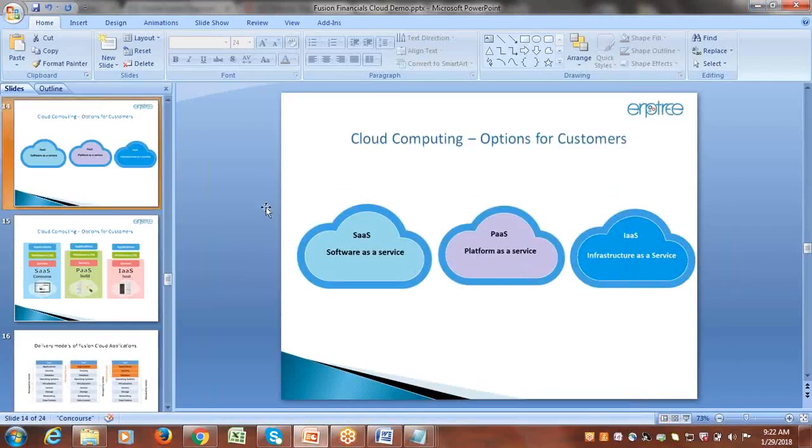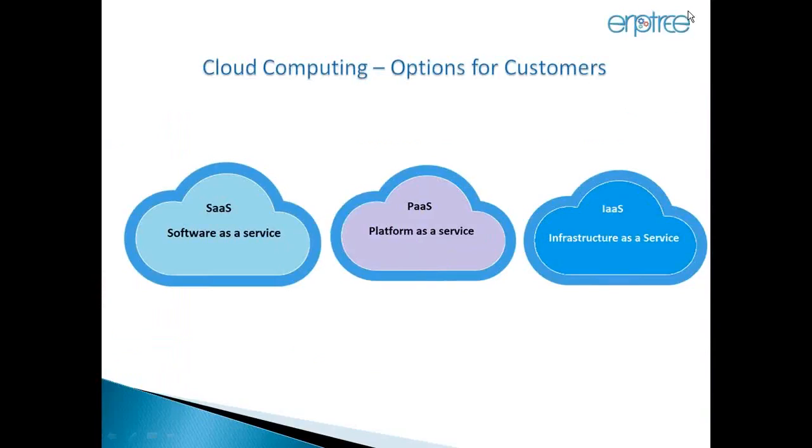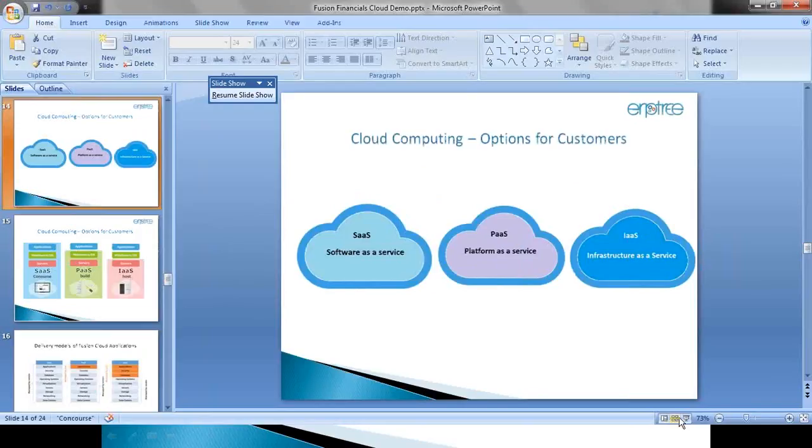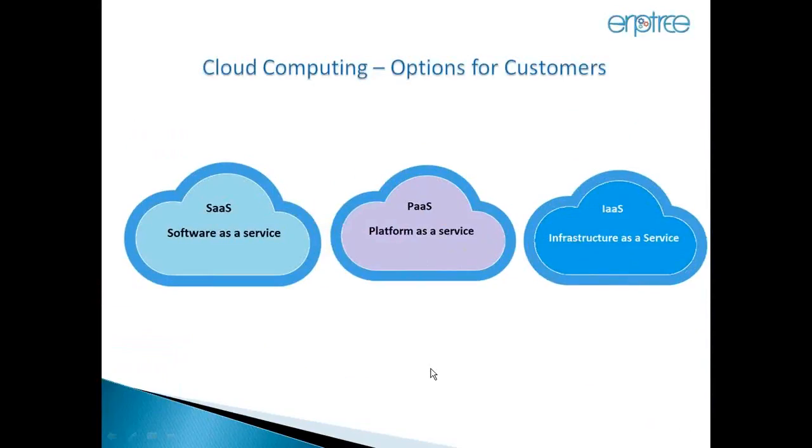So now let's talk about cloud. If any client is going for cloud, there are three options available. For on-premise, there is only one option: they can have their own server, install, and start working on it. If they are going with the cloud, three options are available: SaaS, software as a service; PaaS, platform as a service; and IaaS, infrastructure as a service. Let's look into these points in more detail.